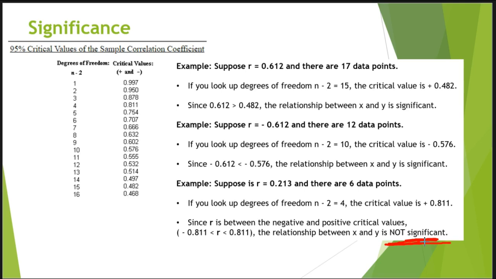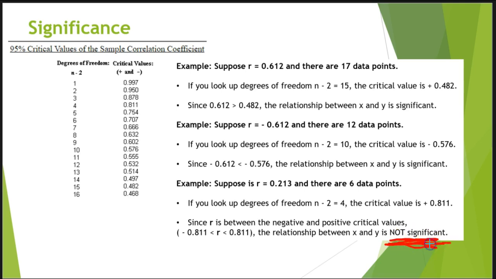is because in the rules, if you look back on the previous slide, it has to be a positive R that's greater than the critical value for the relationship to be significant, and it has to be a negative R with a negative critical value where the R is less than the critical value. So because our R here is 0.213 and our critical value is greater than our R, and it's not negative, then we know that it's not